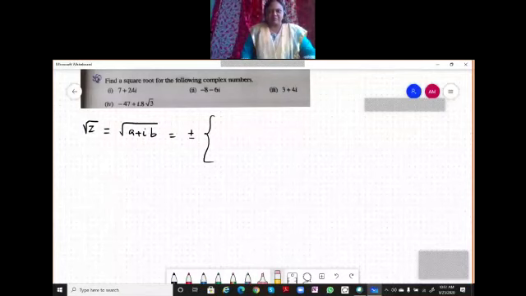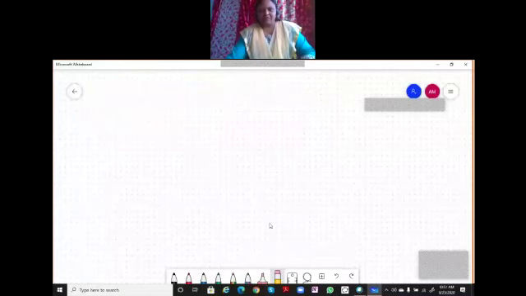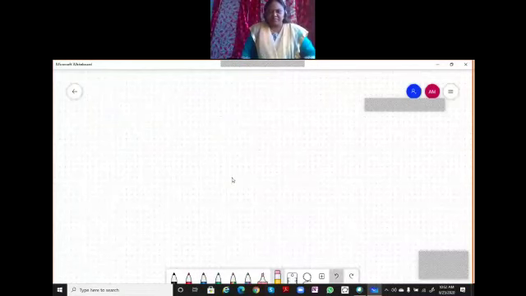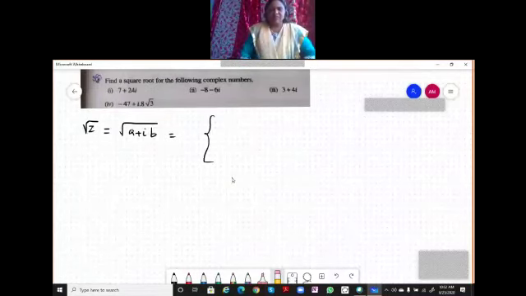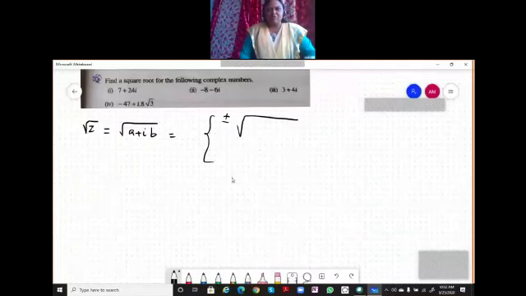Tell me, what is this, root of a plus ib? Already we proved this. It will be plus or minus square root of (square root of a squared plus b squared, plus a) by 2